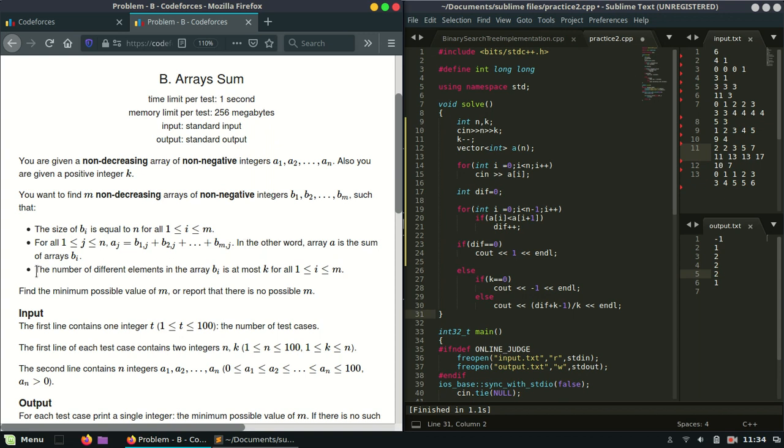So the number of distinct elements in the array bi should be at most k. Perfect. So we need to find the minimum value of m. Otherwise report that it is not possible.